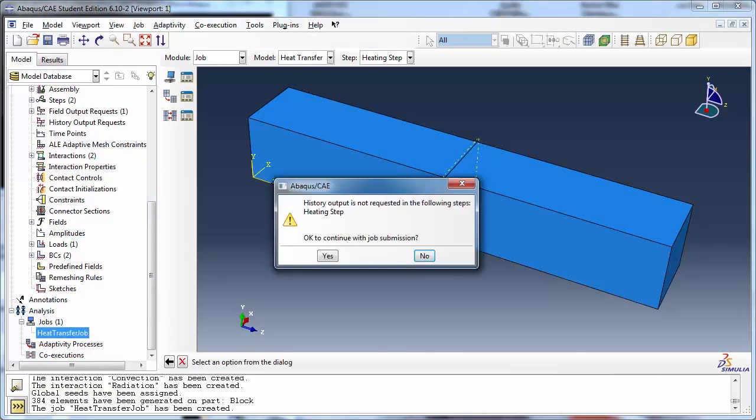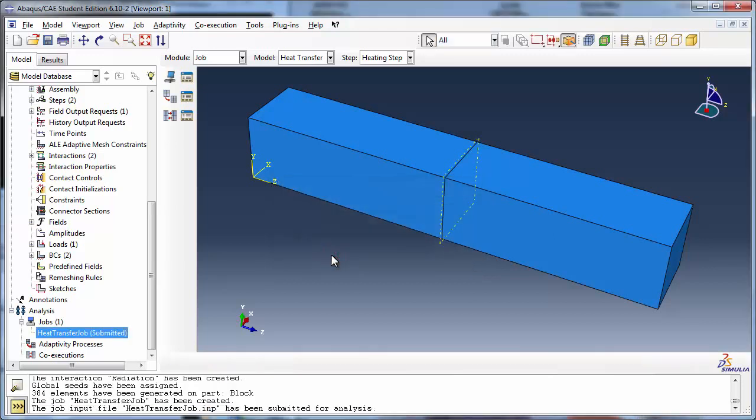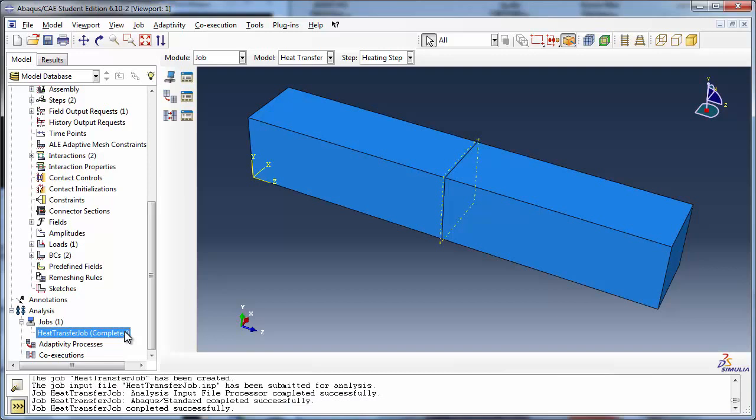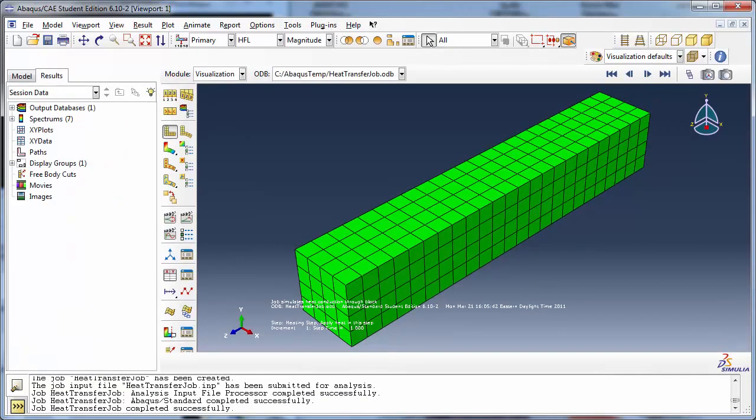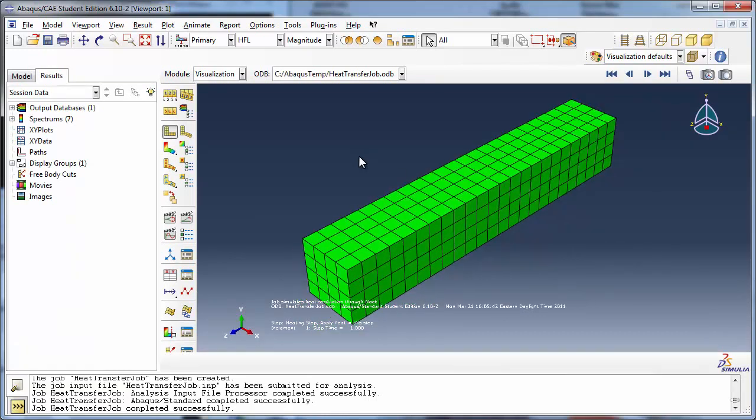Abaqus informs us that history output has not been requested. We will tell it to continue with the job submission by clicking Yes. Let's view the results. By default, the plot state is undeformed, hence you see the undeformed block with the mesh